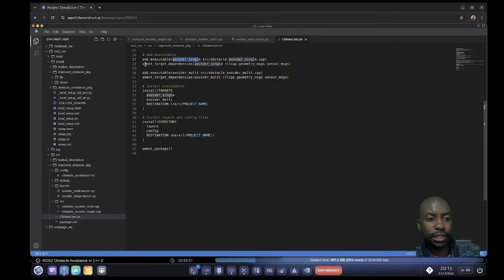You are telling the ROS compiler, or the compiler that's used by ROS, to say: when you build these executables, link them with these libraries, because it is using functions and information from those libraries, right? The same applies to our obstacle avoider multi here. It's the same thing, creating an executable, then linking it with its dependencies so that it becomes executable, right? All right, and remember you have to add all that stuff before the ament_package, otherwise you get an